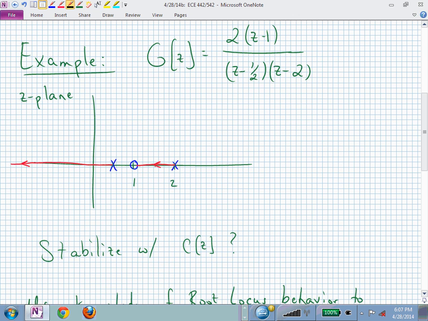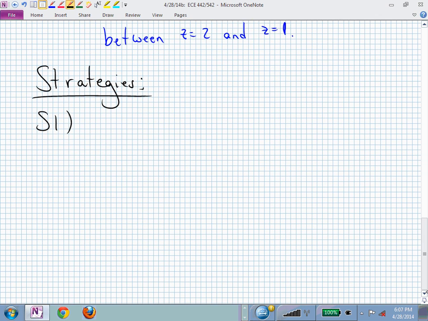Now the phase angle condition says, oh, I can't be living between 1 and 2. If I put a pole anywhere to the right of z equal 1, that's going to cause this little piece between z equal 1 up to wherever to disappear. Meaning, here's strategy 1. Strategy 1 is I want to now introduce